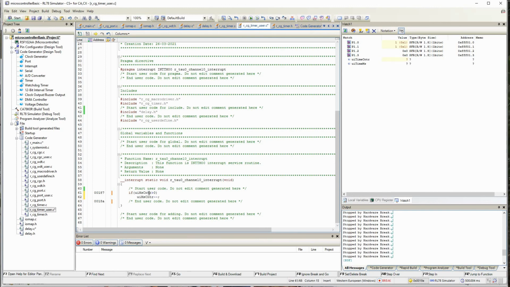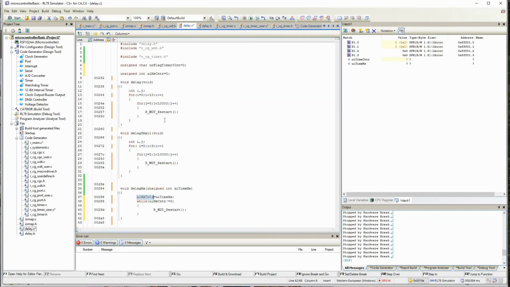Once it hits 0, this condition is no more satisfied: 0 is not greater than 0. So whatever value I have set, after that many milliseconds it will become 0, which I am trying to catch here. So if I pass 500, after 500 milliseconds it will become 0 and I can leave this function. Till that time my processor is held in this loop.